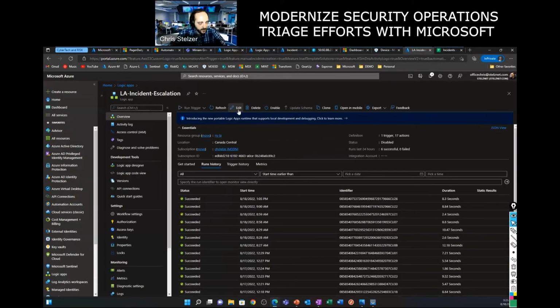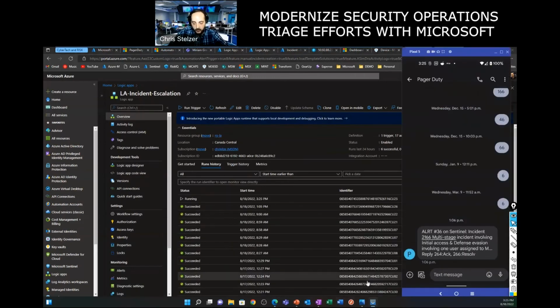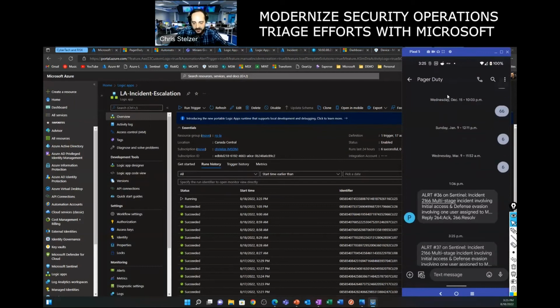So in real time, I can basically show you how this works. From a demo perspective, I'll just enable this and run it ad hoc. But the idea is that PagerDuty, within a few seconds, is going to call my phone and let me know that an incident exists and I need to take action on that incident in question.